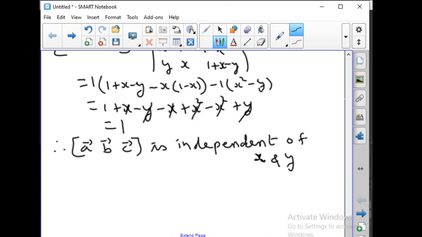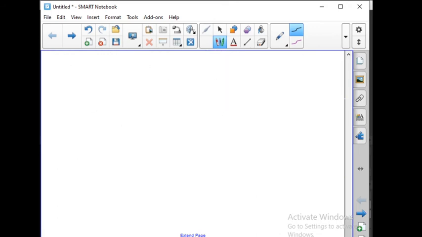Ninth question. If the vectors are coplanar, prove that c is the geometric mean of a and b. So, given the vectors are coplanar, the full exercise depends on coplanarity only. So, again, given A vector, B vector, C vector are coplanar, therefore, what do we have? We have the determinant.